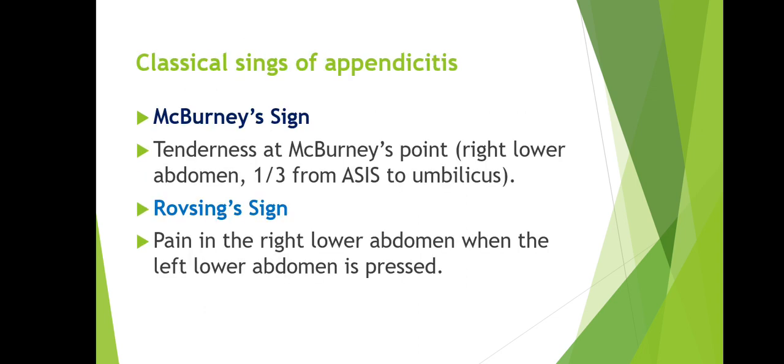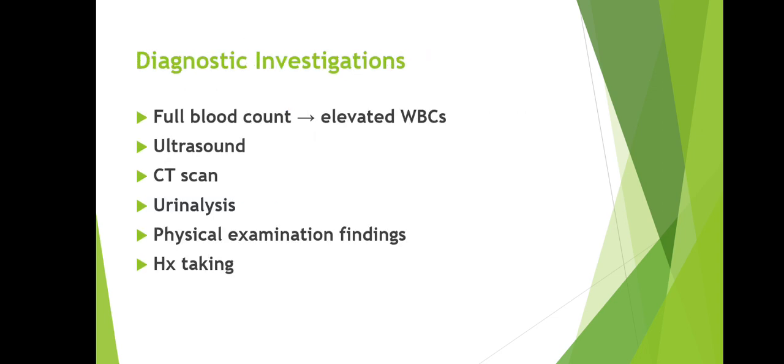Okay, we are going to the classical signs of appendicitis, but now let's look at the diagnostic investigations. Under diagnostic investigations of appendicitis, we have what we call a full blood count. Usually there is an elevation of white blood cell count. Why? Because there is an infection going on. Then on ultrasound, you are going to see an inflamed appendix. Even on CT scan, you are going to see an inflamed appendix, and so on, just like urinalysis, physical examination, as